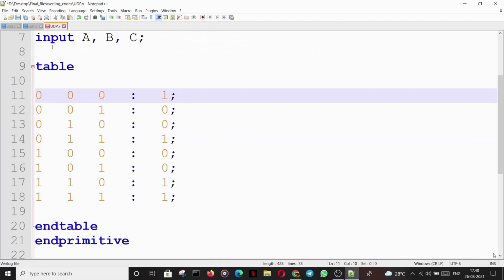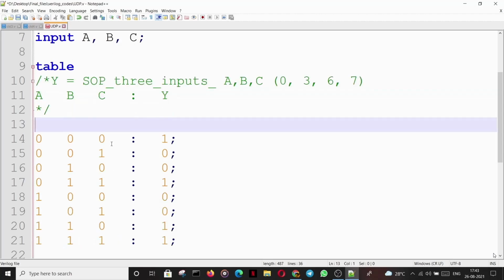The order in which they are listed in the input declaration is the same order that is followed in the truth table. That is, the first column corresponds to A, the second column corresponds to B, and the third column corresponds to C. And the last column, which is separated by a colon, corresponds to the output.